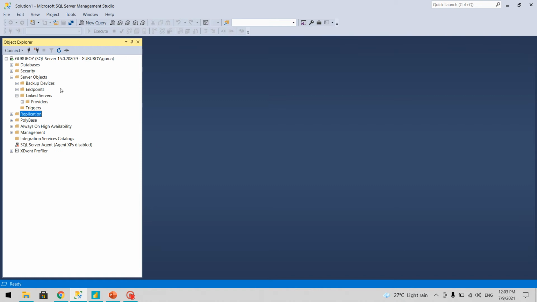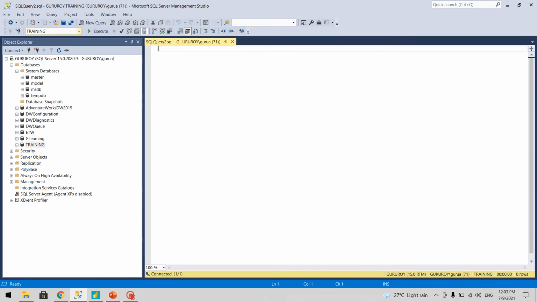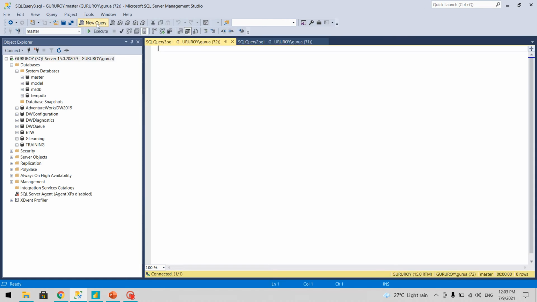So to write a new query, let's say I want to write a new query and execute it on a specific database, then we'll first select that database, click on New Query, and it automatically selects that database. But in case you are not selecting anything and you are keeping your default selection at a different place, and then you click on New Query, then it opens but with the master database selection.